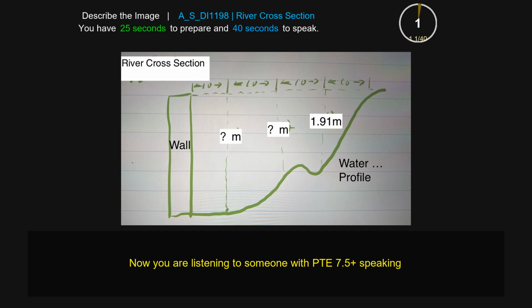The picture gives information about river cross section. In the right side there is a water profile, in the right side there is a wallpaper, and in the upper side there are green lines on the black lines, and the lower side there are green lines, and in the middle of the picture there is a 1.91 million. Furthermore, there is a picture very beautiful and